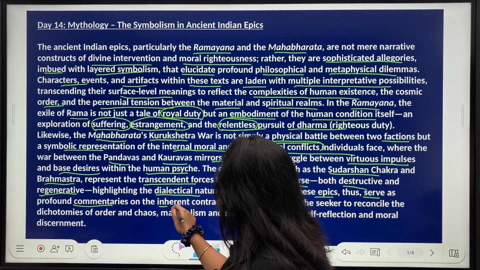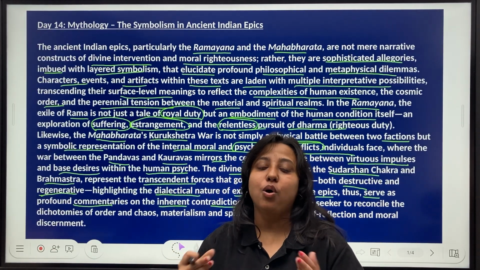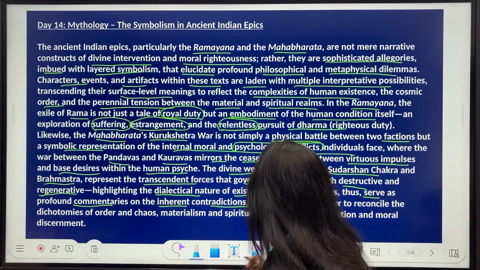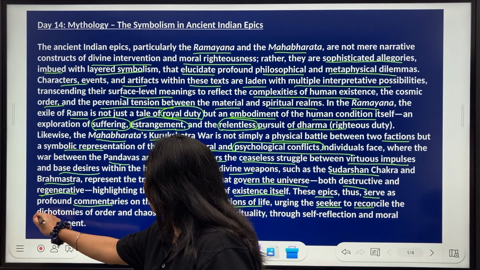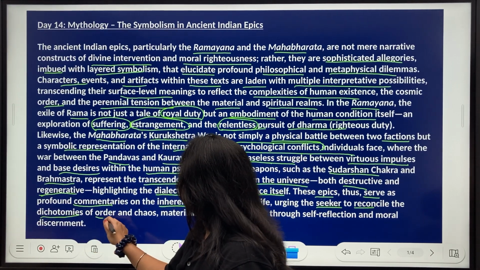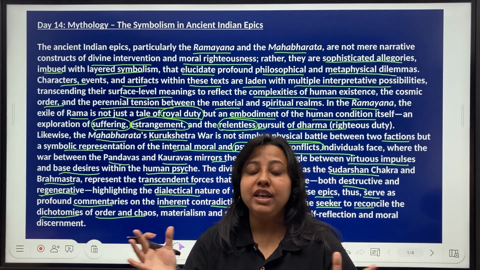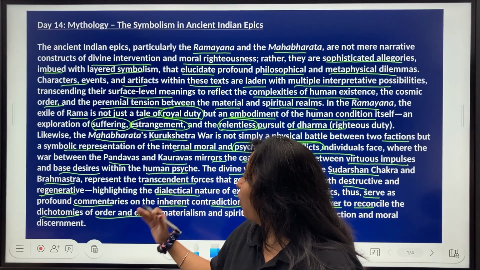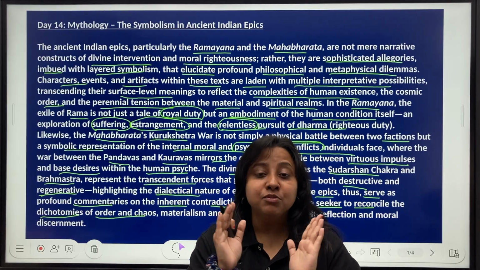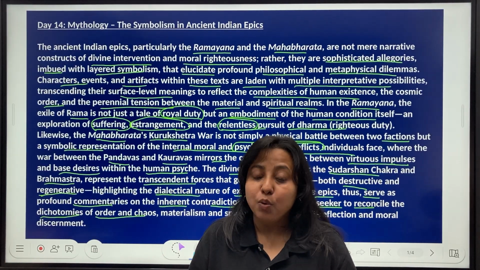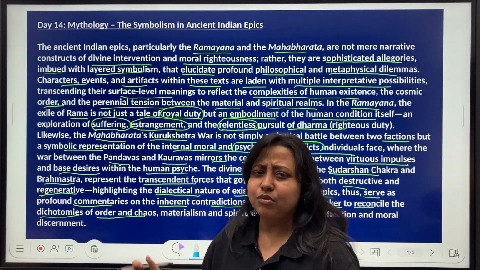These epics thus serve as a profound commentaries on the inherent contradictions of life. So hence they are like commentaries or lessons on this contradictions of life, urging the seeker to reconcile the dichotomies of order and chaos. Dichotomy again means conflict. So जो भी रीडर है या सीकर है, द ट्रूथ सीकर, दे आर अर्ज टू रिकंसाइल द डिफरेंस, the dichotomies of order and chaos. That means you have to be equally comfortable when everything seems sorted, and you also have to be calm when there is chaos. तो ये जो कॉन्फ्लिक्ट है इसको बैलेंस आउट करना है, ठीक है।